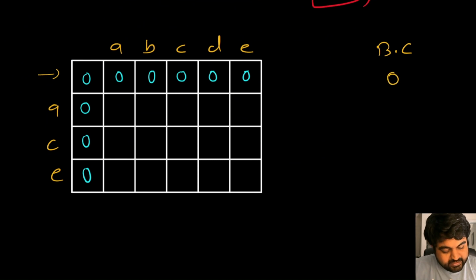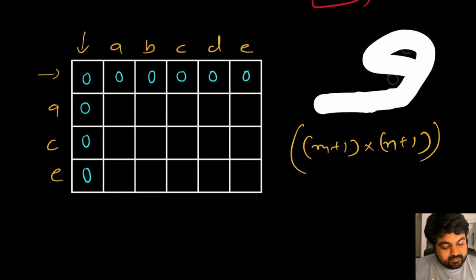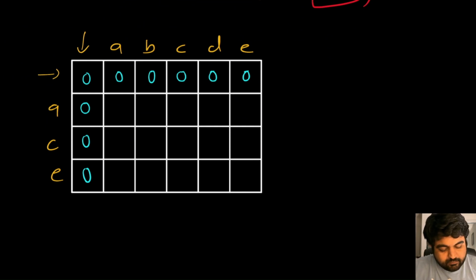And notice that we actually have created an extra space at the beginning. So there is an extra row and extra column, which means this is not strictly an m cross n matrix. This is actually an m plus 1 multiplied by n plus 1 matrix. So we are adding one more extra line, and that is to consider our base case. Now at any given moment, if we identify that there exists a value that is common, let's say that over here the c and c is going to be common for this particular cell,